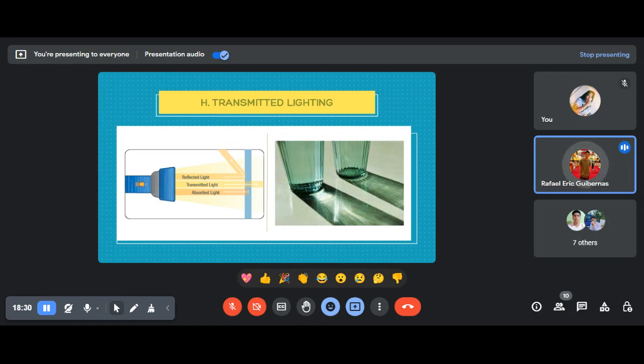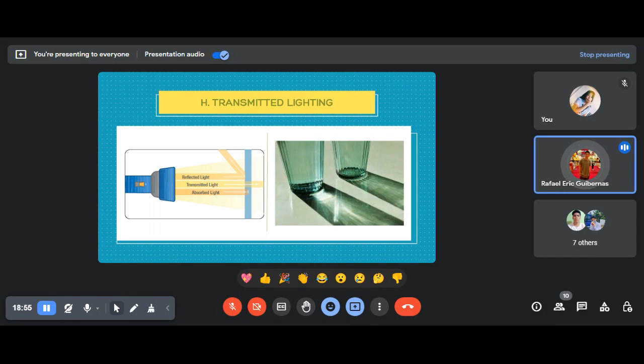If it is tinted, the light could not pass through the tinted glass. It might be absorbed or reflected. But if the car glass is not tinted, the light will pass through the glass and it is called